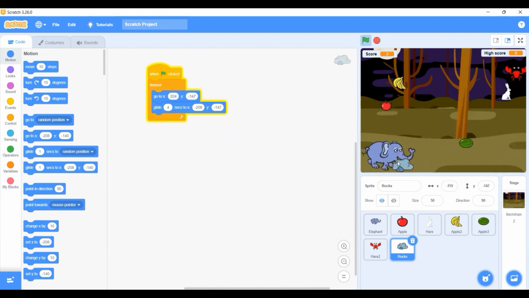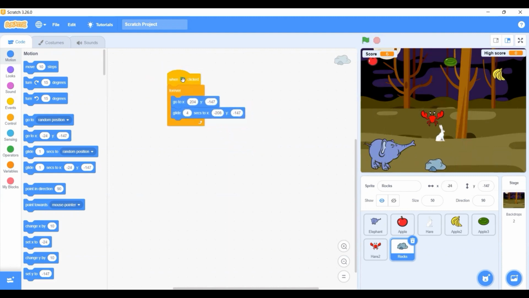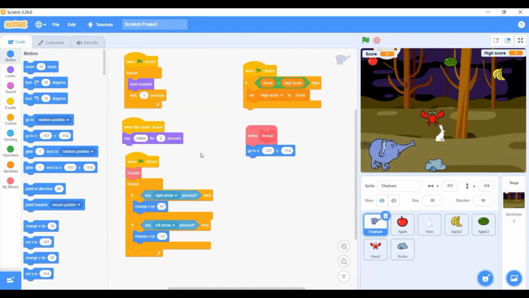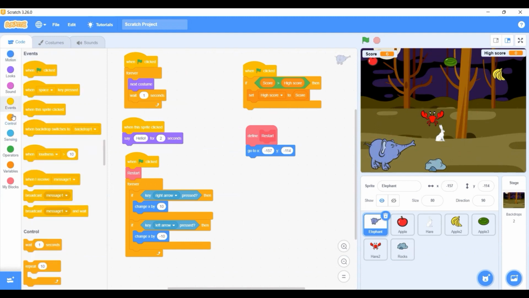The rock moves slowly. Okay, then how to make the elephant jump? I want to show you how to make the elephant jump. First, we can find the control